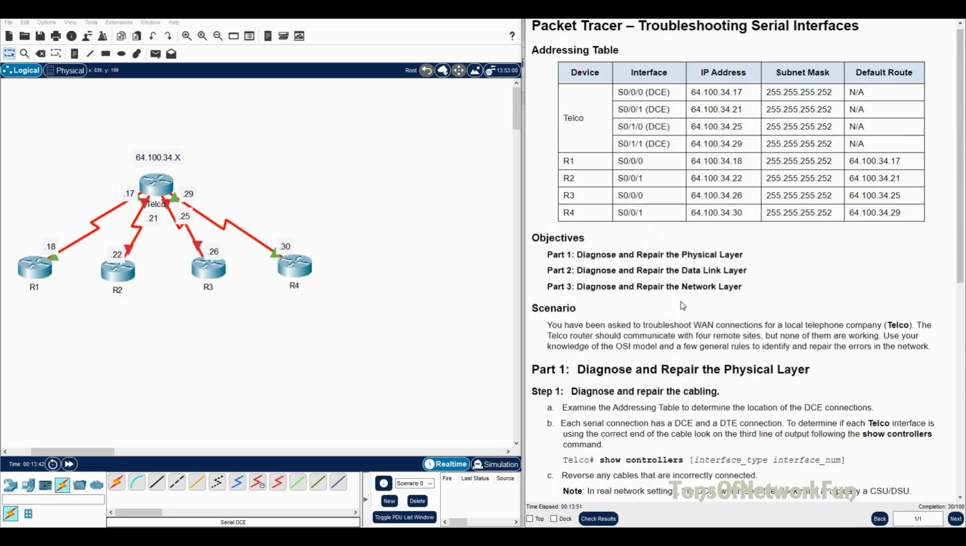So we'll go here. So S000 on telco side is connected to R1 S000, right? So S000, they're both the same. So go here and hold the mouse here. As you can see, both are S000. So they are correct. Next,